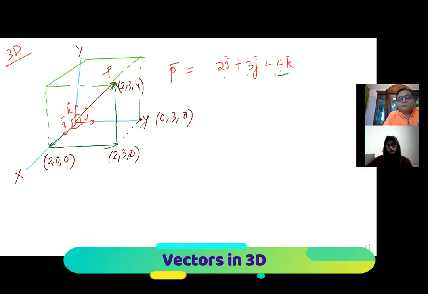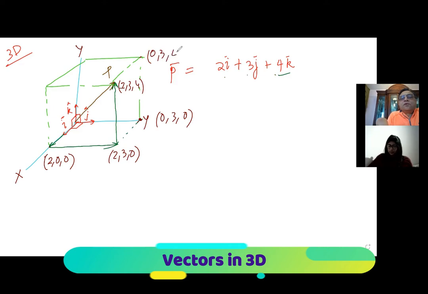Because see, if I go along this, I go 2 positive i and this 3 and then 2 negative i, you see, I reach y. The positive and negative cancel. I could have added also, no problem. Is that okay? So this point here will be what? From here, we went up 4 units. So it'd be 0,